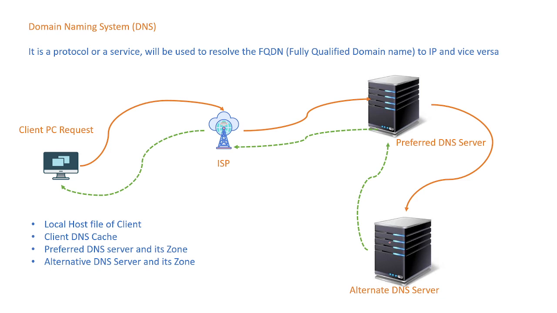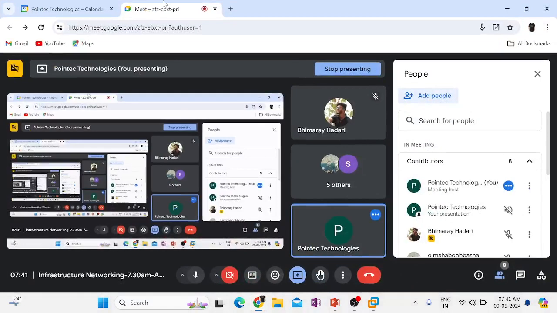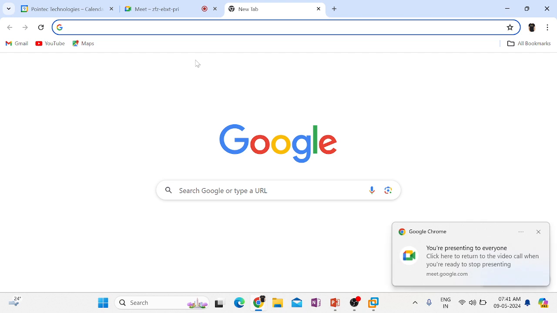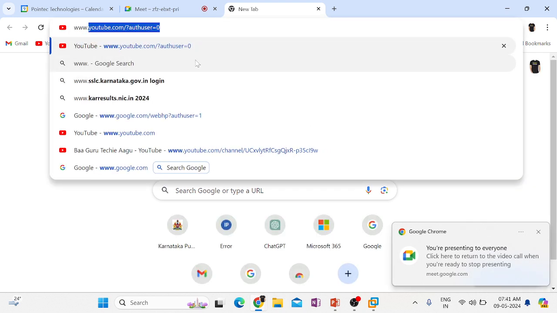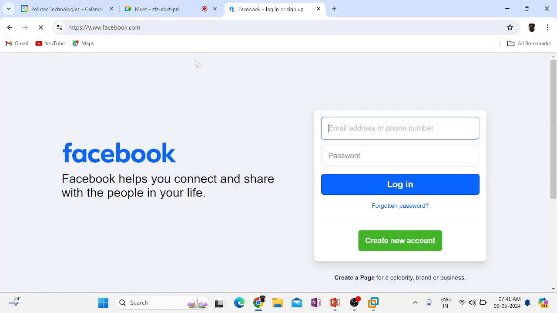Whenever you are trying to browse any website, you will go to the browser and type www.facebook.com. Correct? How will this computer understand which IP address it should go and talk to when I say www.facebook.com?